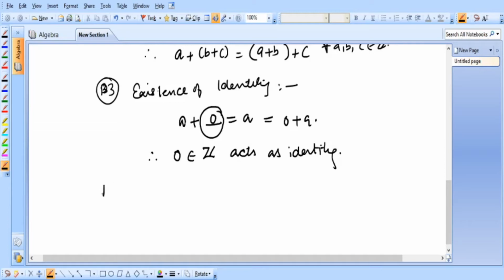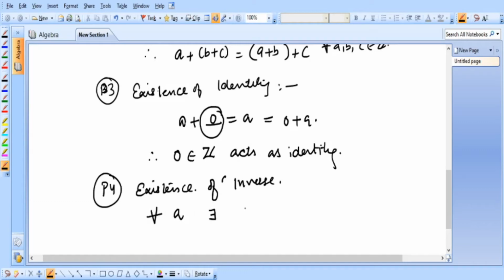Now lastly we are going to prove that inverse is also in this set, right? Existence of inverse. Okay, you see, for all a there exists b equal to minus a, such that a plus minus a is equal to 0. Therefore we can say